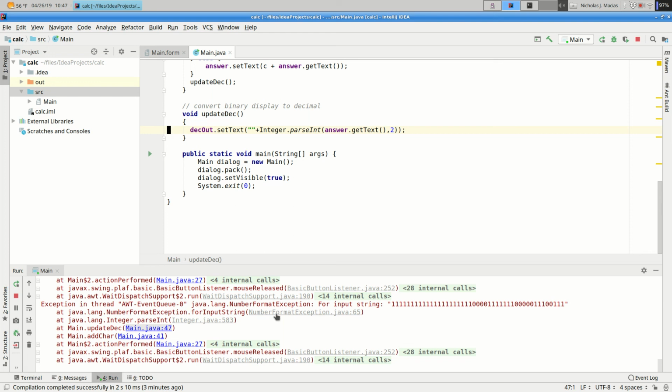So what do we do about this? Because we can't sell our software and have it giving messages like that. So how do we avoid those messages? Put that in the try catch. Put it in a try catch, absolutely. We could try to figure out when this error is going to happen, and we could count how many bits we have in there and so on, but this is a really good application for a try catch.